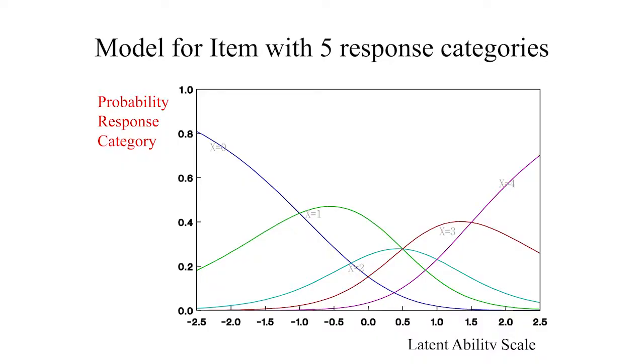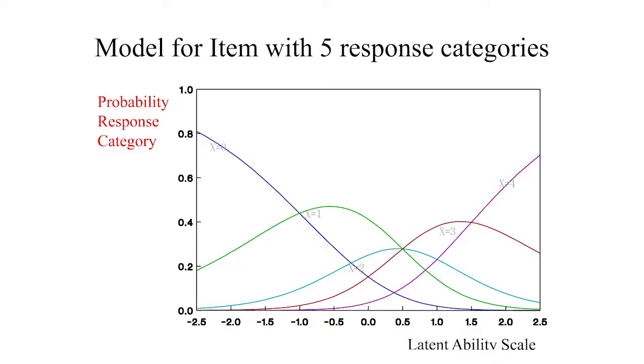I'll now take a look at more complicated models. I started out with dichotomous responses, so it can be right or wrong. Then people sometimes think, well, does item response theory only apply to multiple choice questionnaires or something like that? That is not true. In principle, the idea of parameter separation can be applied to any measurement, only you need more complicated models to model the outcome.